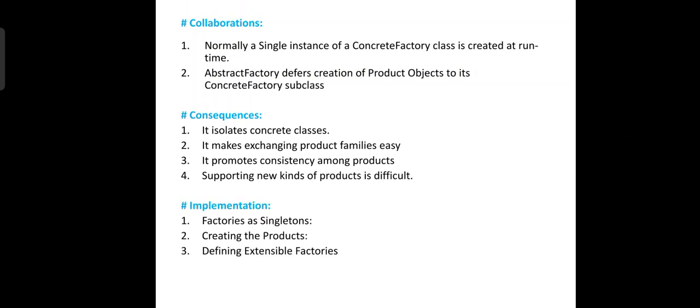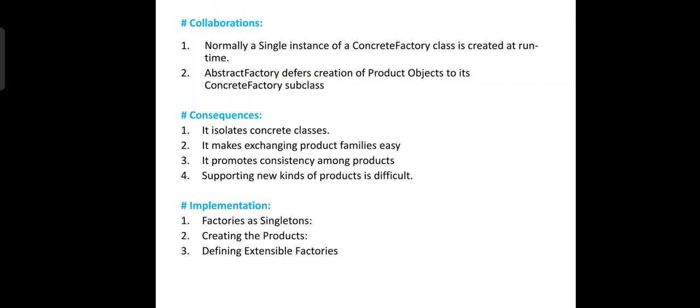In implementation of the abstract factory pattern, we will discuss the following points. First one is factories as singletons. An application typically needs only one instance of a concrete factory per product family, so it is usually best implemented as a singleton.